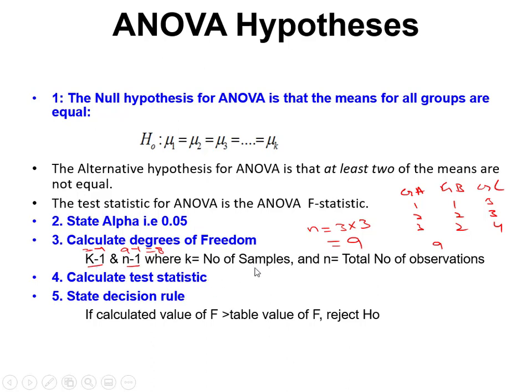The F statistic is the average between divided by the average within. When you calculate the F statistic value, if this value is much higher than this, then the F value will be very high. If this value is lower than this, then the F value will be very low, and there will be a chance that you will accept, and a chance that you will reject. So if the F value is greater than the tabulated value, then you will reject H0. If it is less than the tabulated value, you will accept, because it is lying in the accepted region.